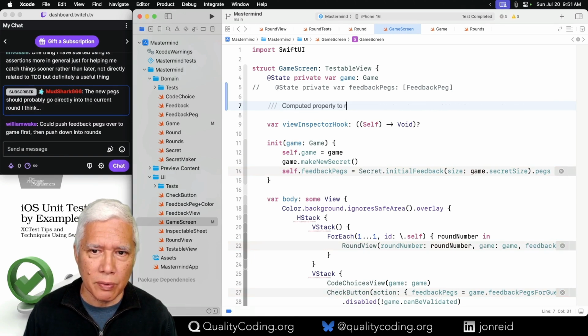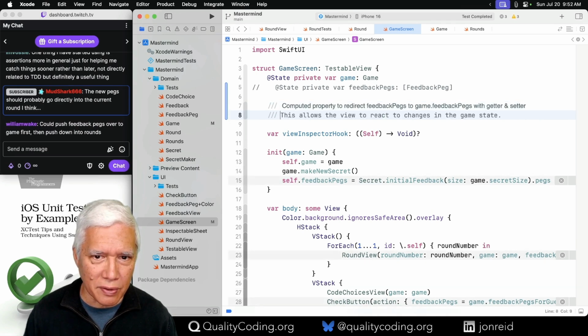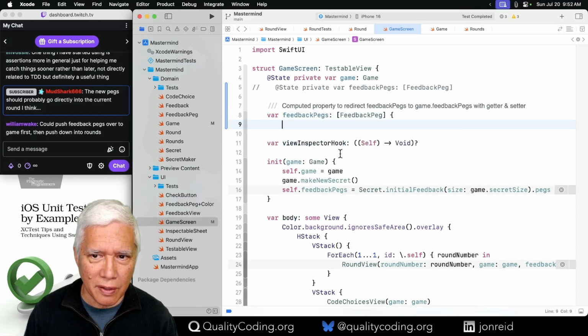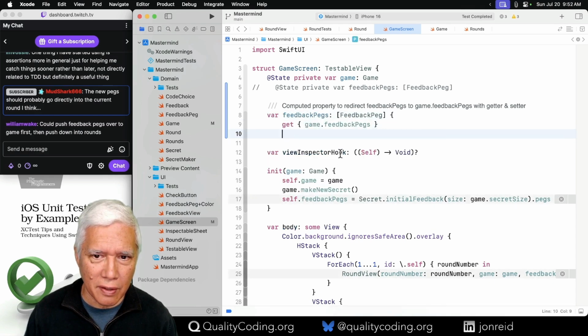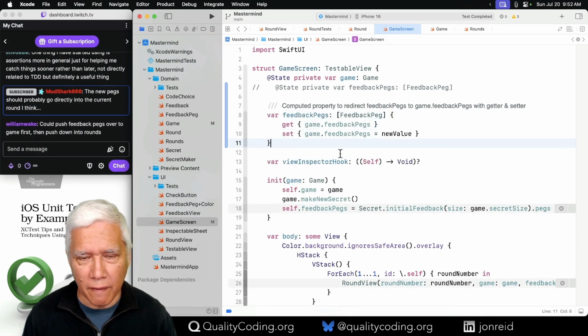Property to redirect feedback pegs to game feedback pegs with getter and setter. Let's see if it'll do this. There we go. Not did set, but get and set.